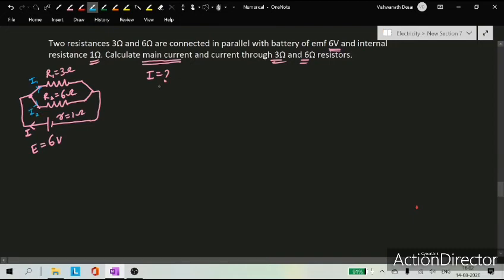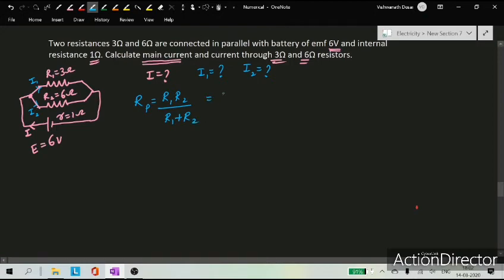So you have to use the branch current formula over here. I1 is equal to how much? We don't know, we have to calculate it. I2 also. Okay, so now we have written all the data. Now we need to calculate. The first step is the equivalent resistance. The equivalent resistance is Rp. Only two resistors are in parallel, so you need to use R1 R2 divided by R1 plus R2.